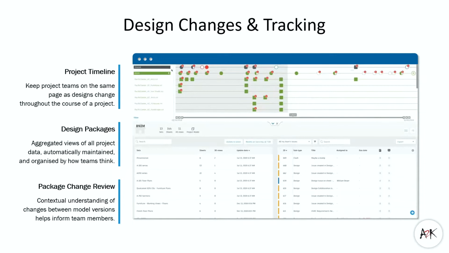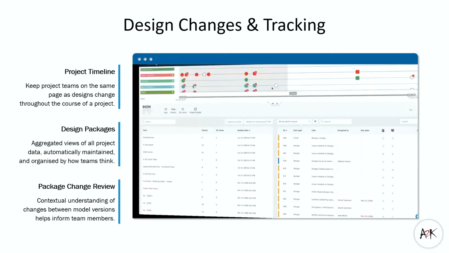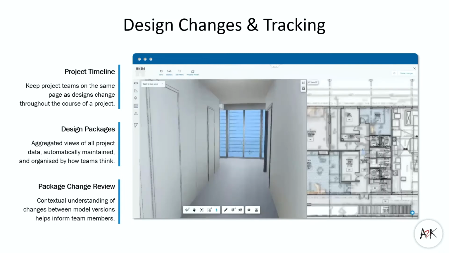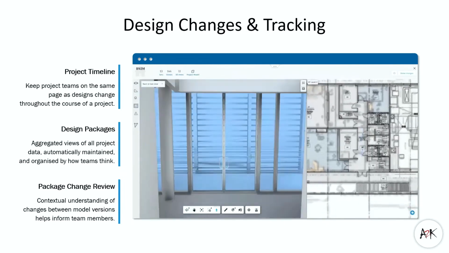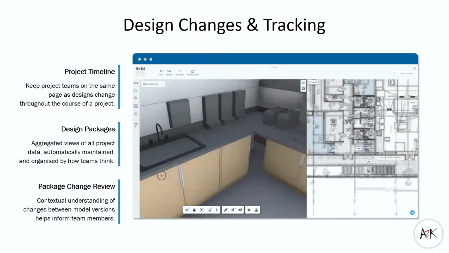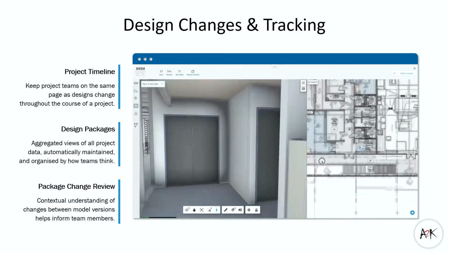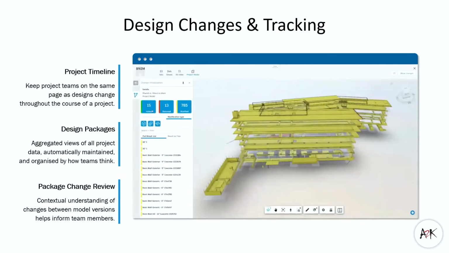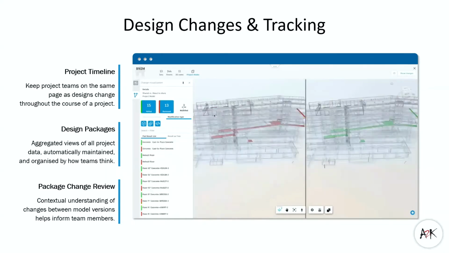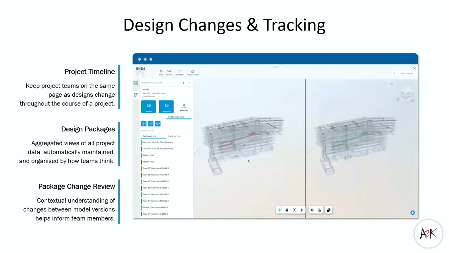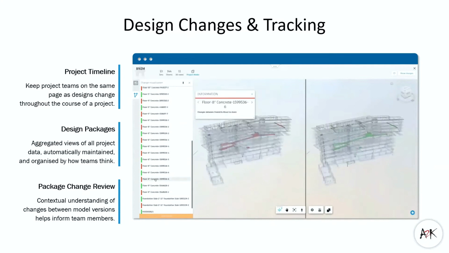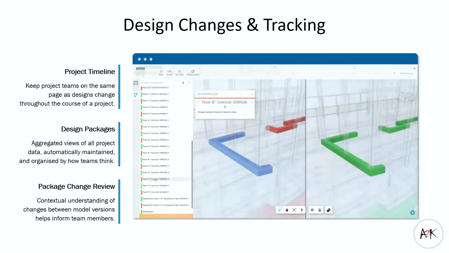There is a project timeline that sits in the design collaboration platform, and this allows everyone to stay on the same page as the design changes throughout the course of the project. There are timeline symbols which indicate when packages are created from a design team, and if they have been consumed by your design team, or if they haven't yet. You can also review changes between model versions if necessary, but we'll go over this in greater detail within the